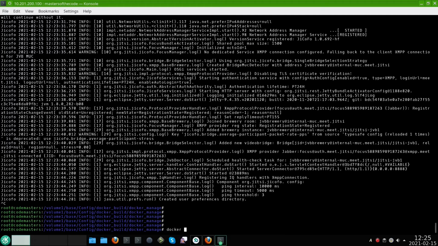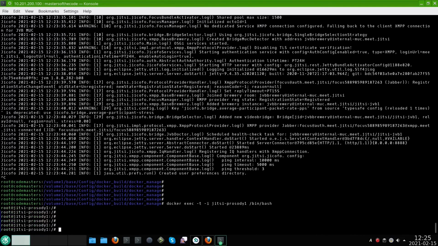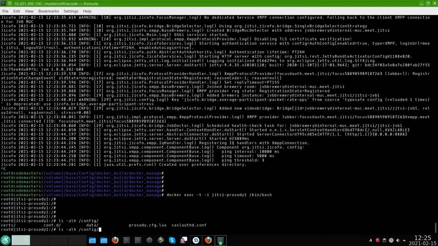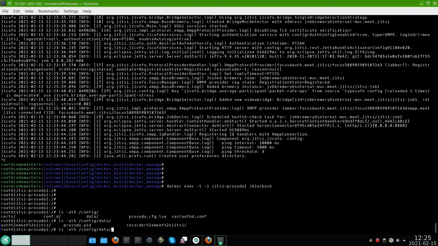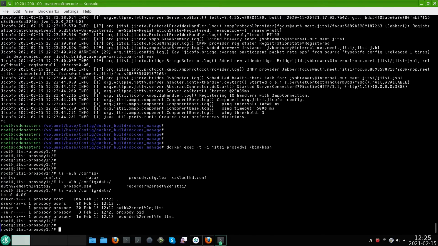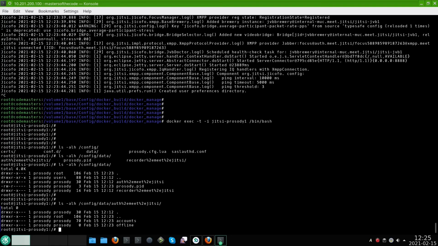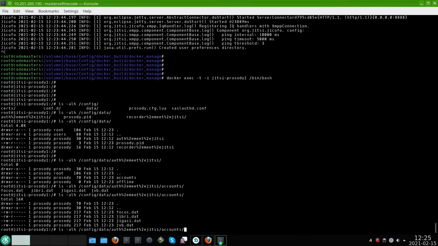And right now we are also going to connect exec.ti to that Jitsi prosody one container. The configuration is located under config, conf.d, and you have the main configuration file here, but also in the data you have users and passwords, and here you have the domain name as the directory, so you can list already pre-configured users. So for example, you have focus user at